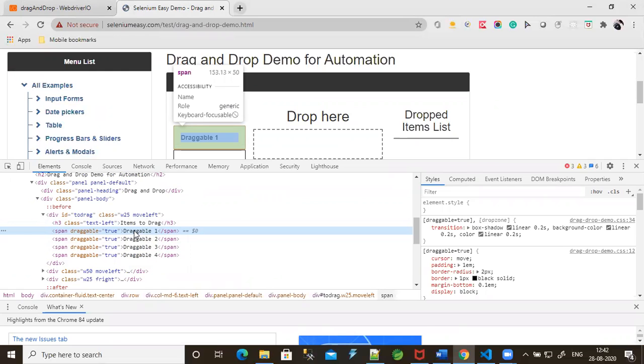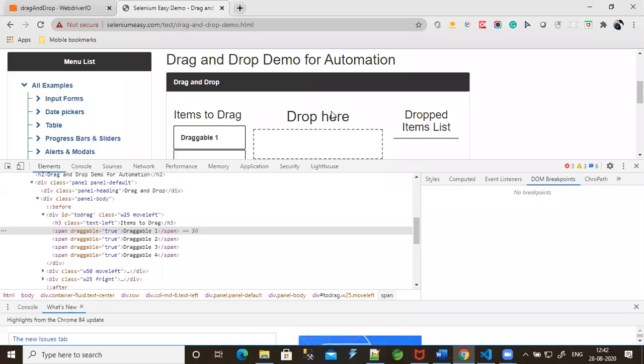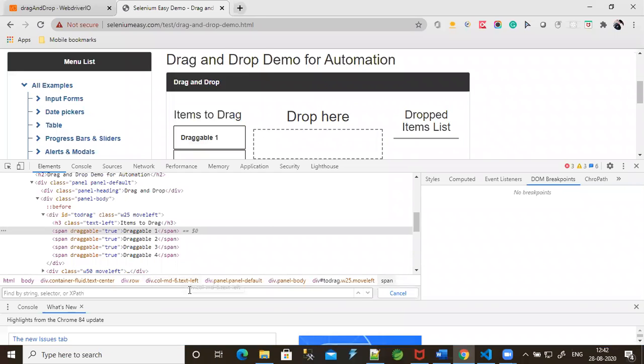I'm going to take this as an XPath with the help of contains. So I'm copying this.